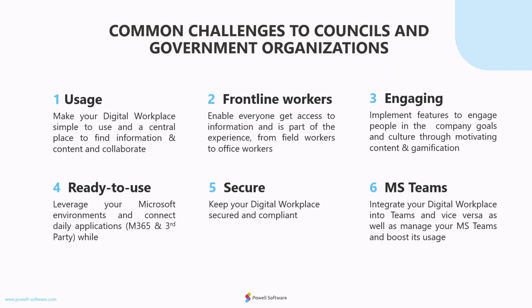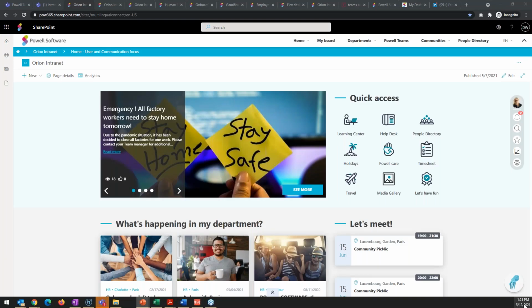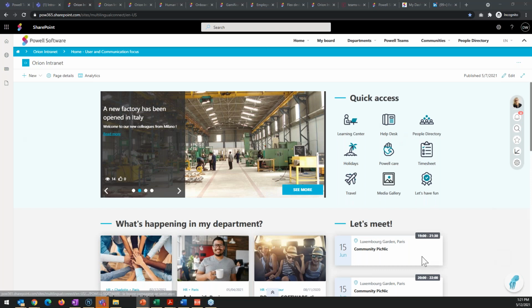Enough with the slides, and we'll try to send you the slides after the meeting, of course. Here we go. I am just opening a demo environment. As you can see, I am in SharePoint. I will start with Perl Intranet. Again, this is the intranet solution that goes on top of Microsoft SharePoint. After this, I will go into Microsoft Teams and look at Perl Teams.